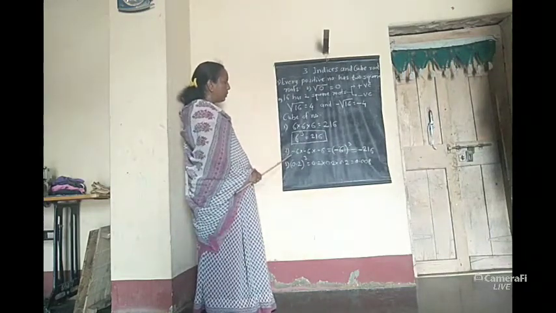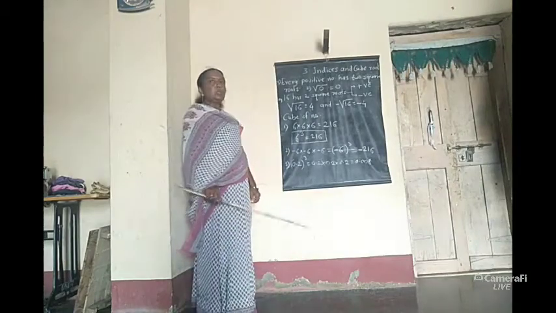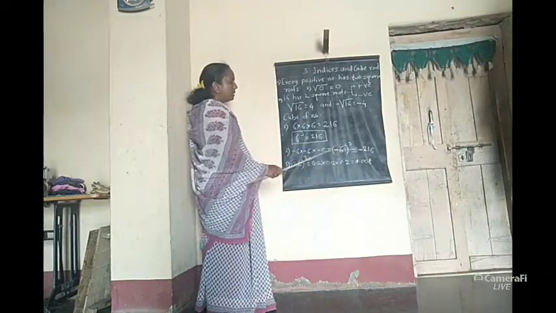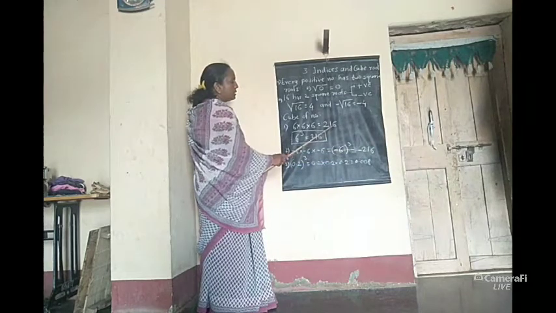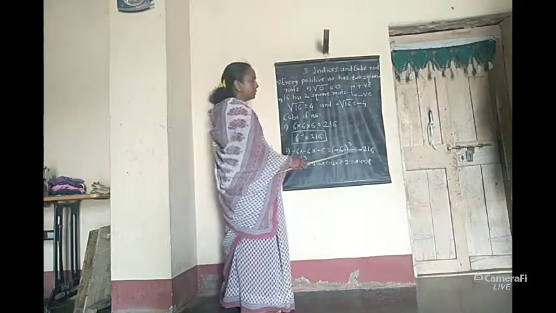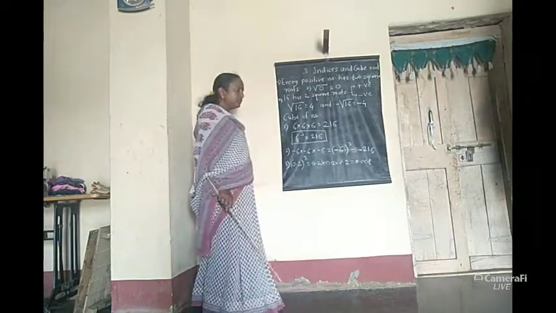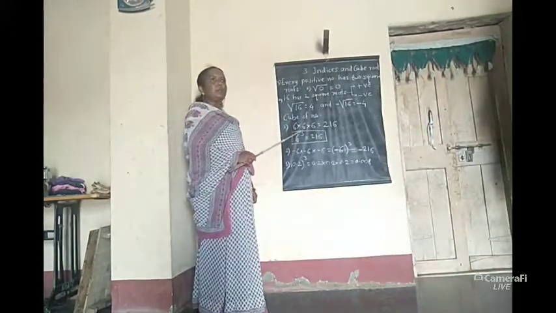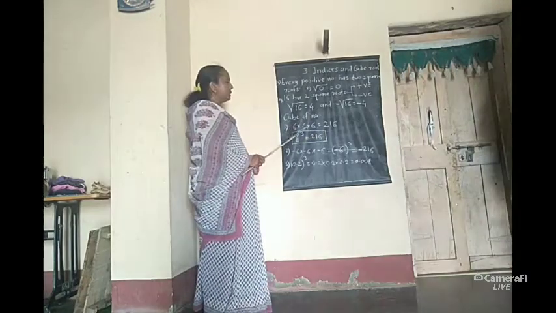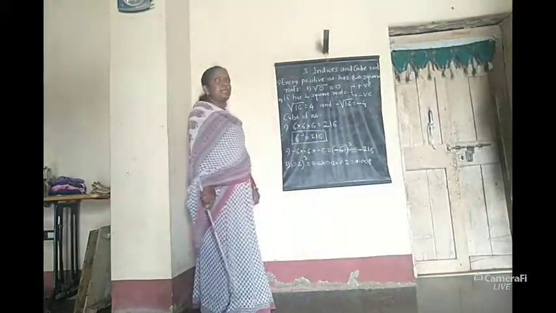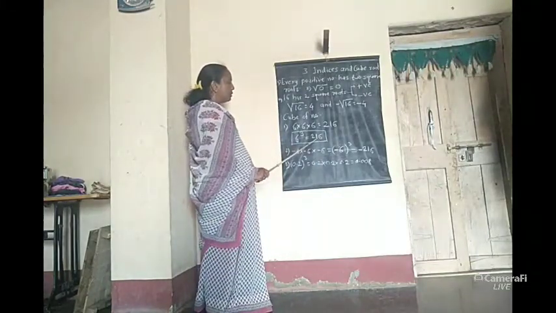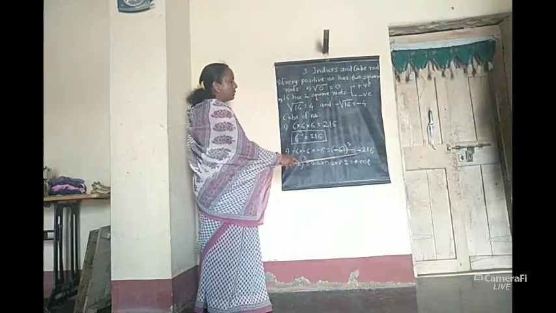Now we have to find the cube of minus 6. The number is negative, so we multiply minus 6 three times: minus 6 into minus 6 into minus 6. The value is the same as this, but the sign is negative because the number is negative. Therefore the cube of minus 6 is minus 216. When we find the cube of a negative number, we show a negative sign in front of the cube number. The values of the cubes of the positive and negative numbers are the same, but the sign is different. Therefore they are opposite values. So the cube of 6 is 216 and the cube of minus 6 is minus 216.